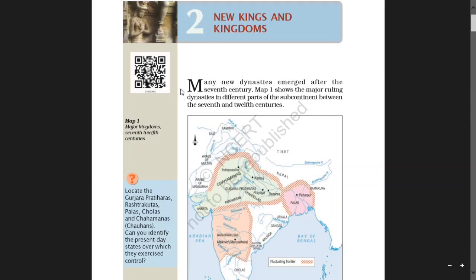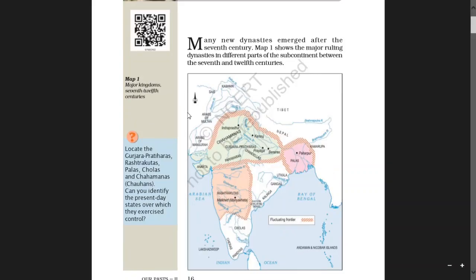Basically, in this space, we can see a map, boys. In this map, we can see three empires or three kingdoms.